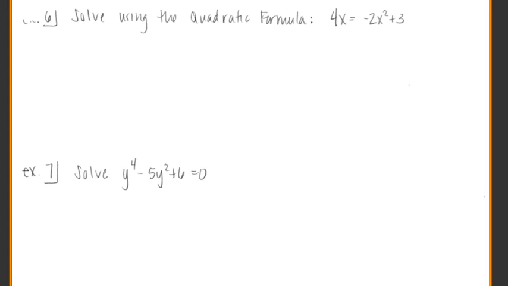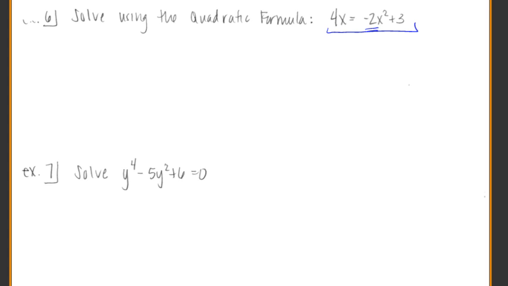Again, here with 6, all we want to do is just practice using our quadratic formula. Looking at this main equation, I see first of all it's not set equal to 0, and for my x squared term I have a choice. I can either move that 4x to the right, or I can move the terms on the right to the left. I'm actually going to choose to move the terms on the right to the left